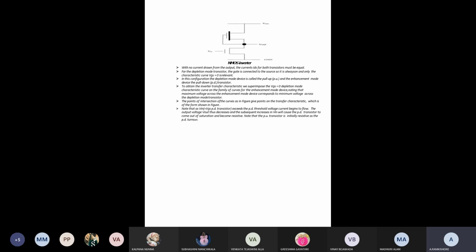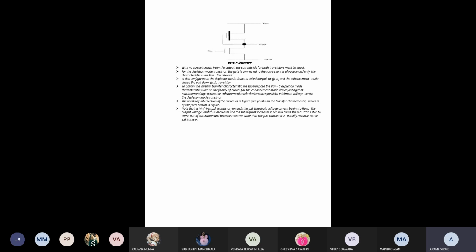So this combination of depletion mode transistor and enhancement mode transistor works like a basic inverter. Why do we call it an inverter? Here, when the input is equal to 0, we get the output voltage high. When the input is equal to 1, we get 0 voltage at the output. So this is the basic property of the inverter, and it is also implemented with NMOS inverter technology.